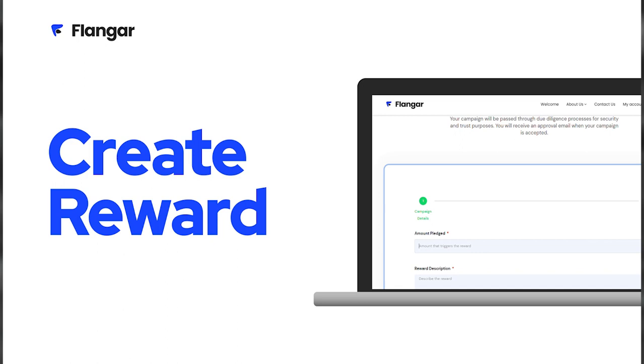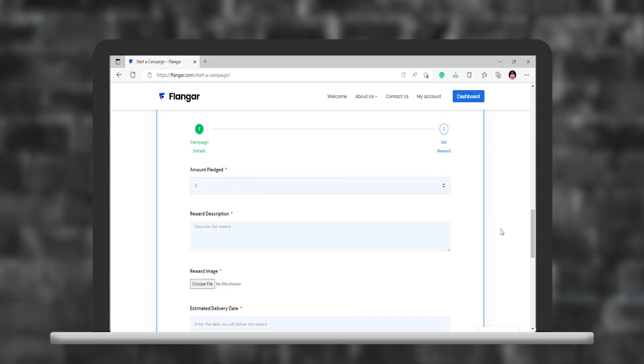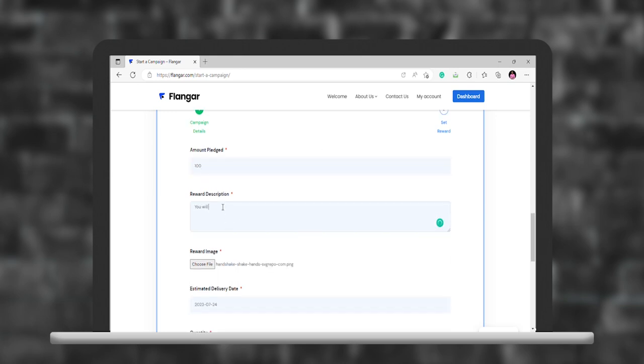The next process is we have to create a reward for the campaign. So we get on with creating a reward. First, you enter the amount that activates a reward. Here we will use 200 cedis, or let's say 100 cedis. Okay, let's say 100 cedis activates a reward. Now you have to describe the reward. What is the reward about? What is the user getting? Perhaps